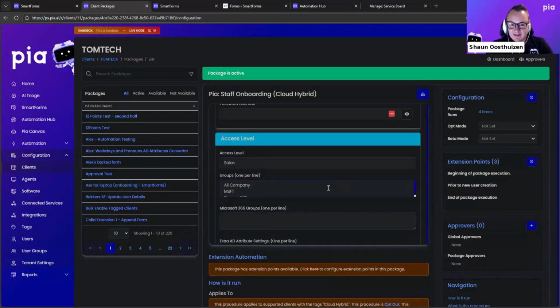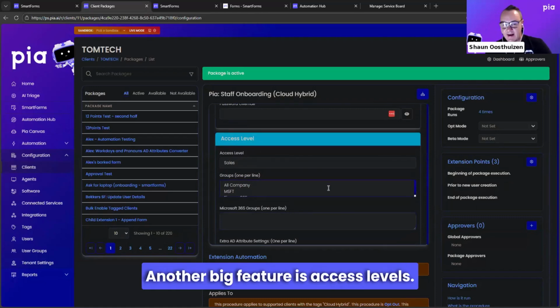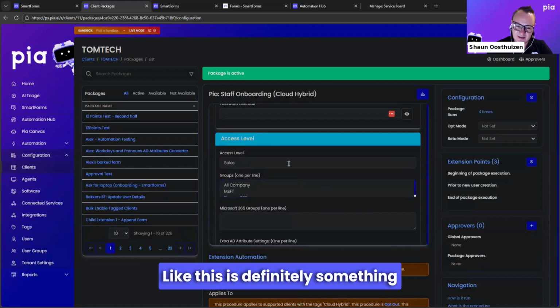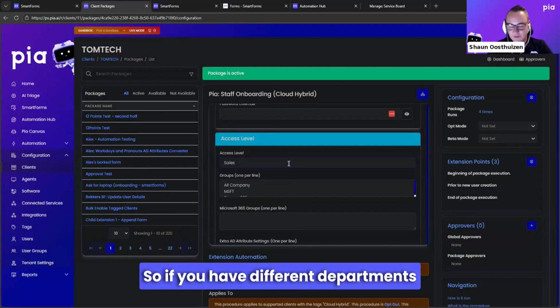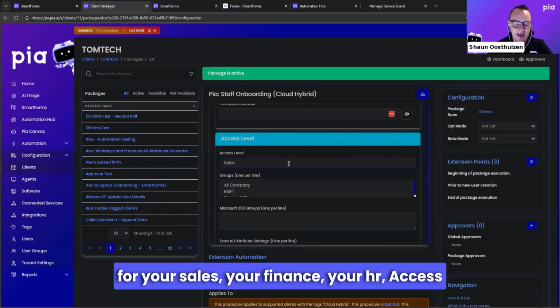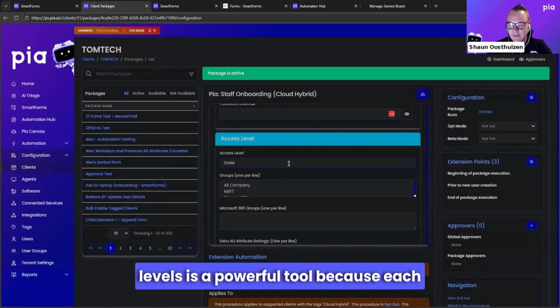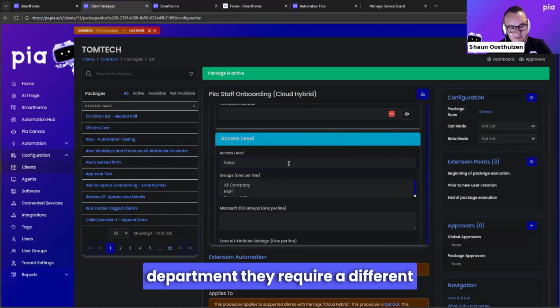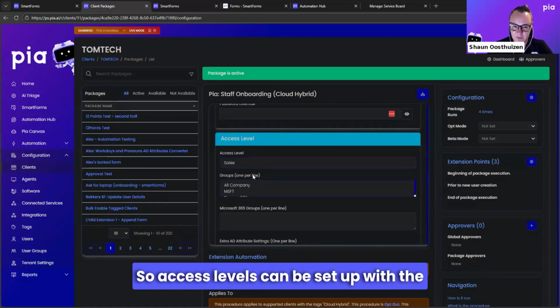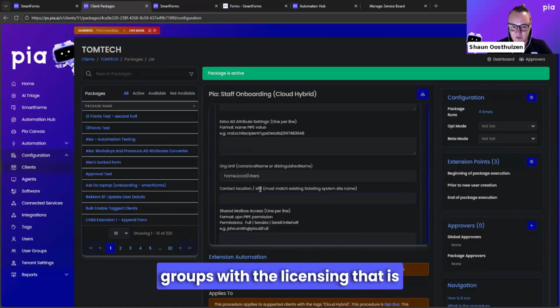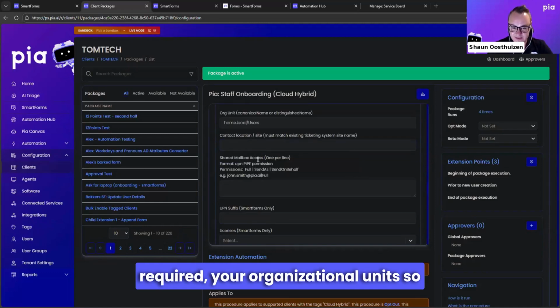Right. With the self onboarding as well, another big feature is access levels. This is definitely something that needs to be set up. If you have different departments for your sales, your finance, your HR, access levels is a powerful tool because each department requires a different license and different groups. So access levels can be set up with the groups, with the licensing that is required, your organizational units, so